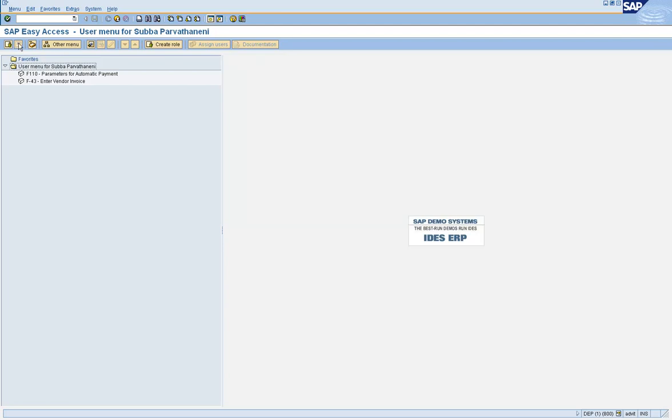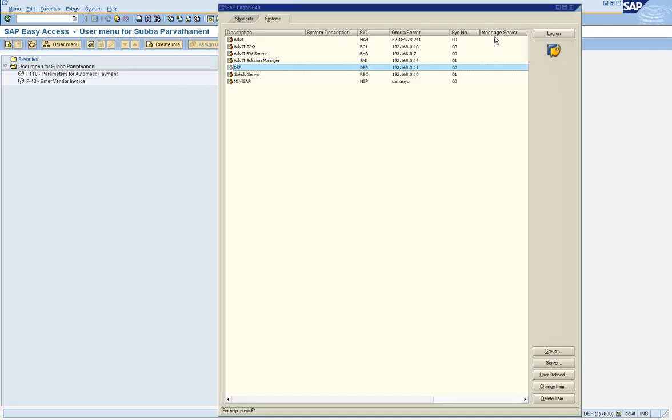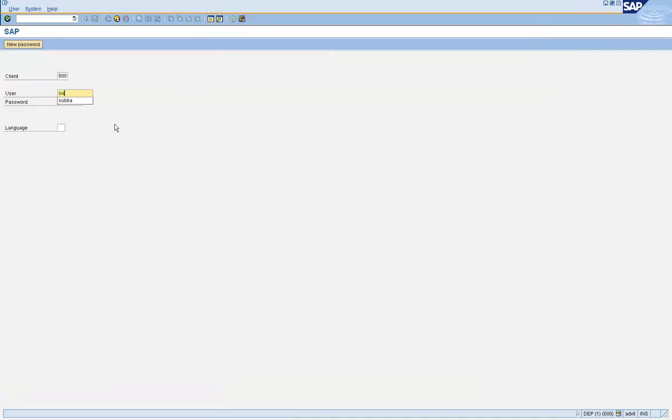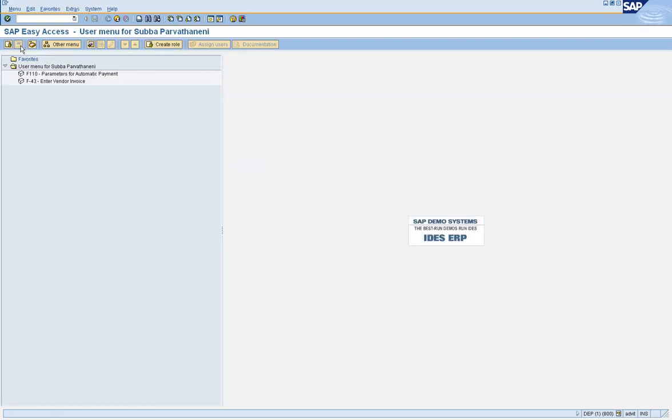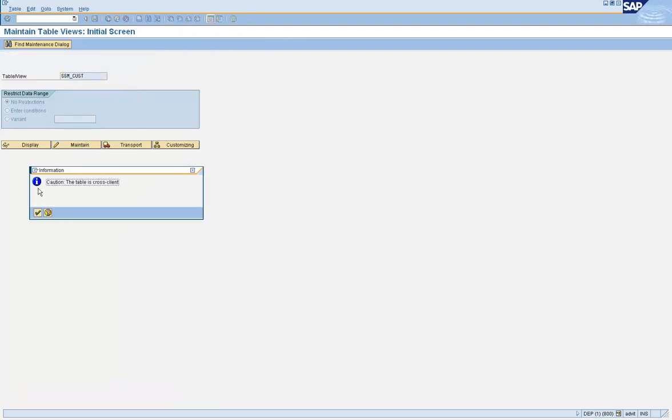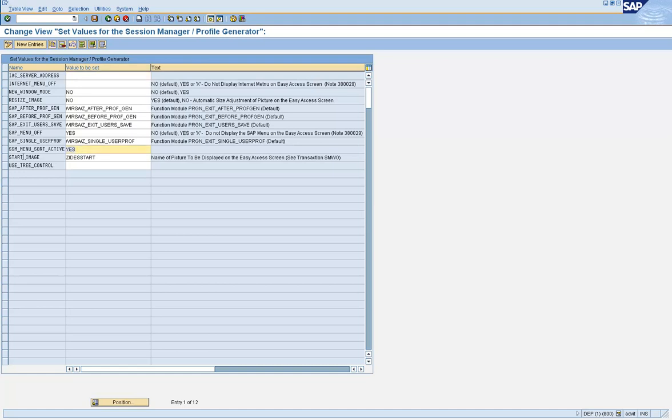So if you want to activate this, for example, now if I log in again with my own ID, I don't get to see the SAP menu. Similarly, SSM_CAST also has a parameter for disabling the user menu.